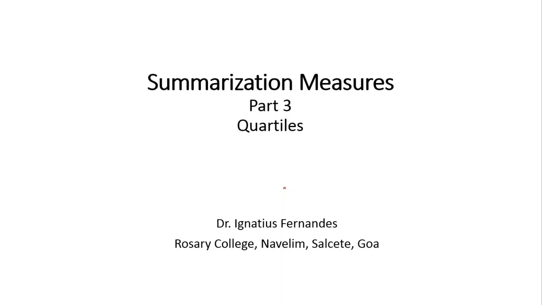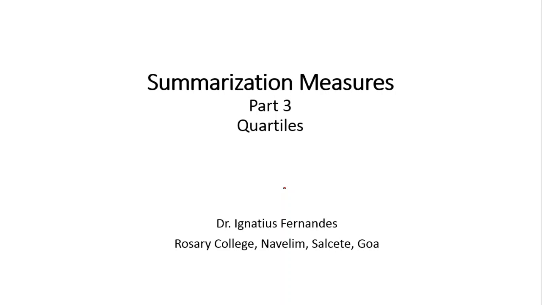Welcome back to module 3 of this unit 2, and we will be talking about quartiles in this module. Just to recall, in the previous modules we have talked about three measures of central tendency, that is arithmetic mean, median and mode, and also discussed how to compute these values based on whether we have grouped data